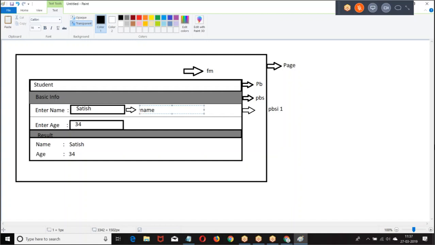So we have a page, in the page we have a form, in the form we have a page block, then the page block section item. In the item we have a name, and we have an age.